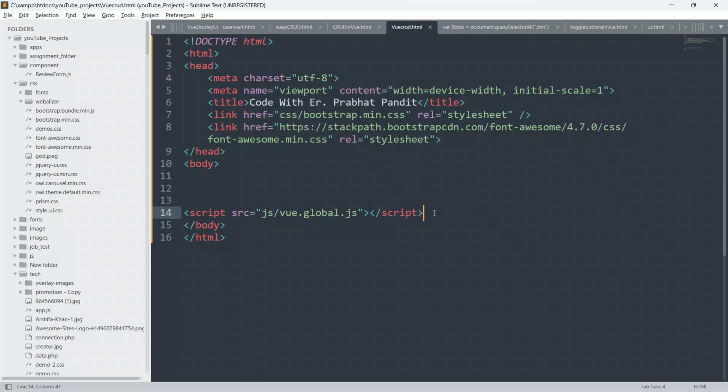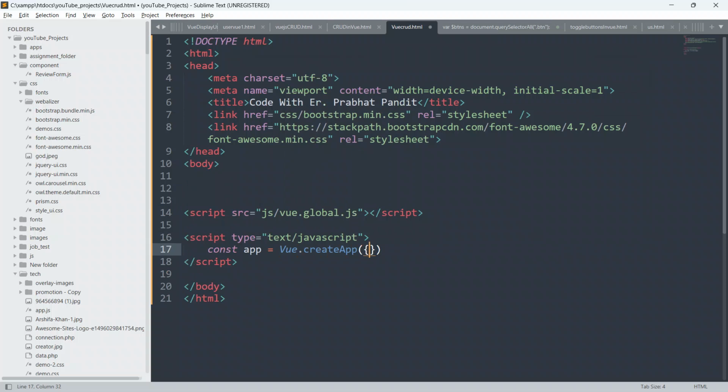Now I'm going to create a script tag, and we have to write some script first, then we have to create our HTML. So I'm going to write some Vue.js script. Create a script tag first, and I will say const app equal to Vue.createApp, open and closing parenthesis, and inside this we have to put open and closing curly braces, and we have to put dot mount, and I will say double quotes hash app.